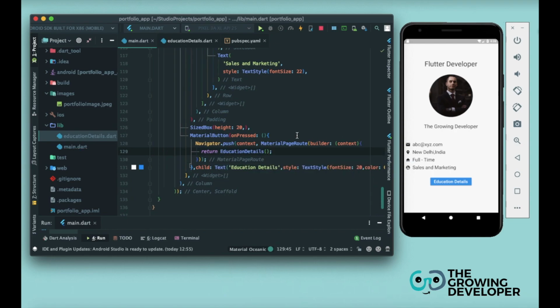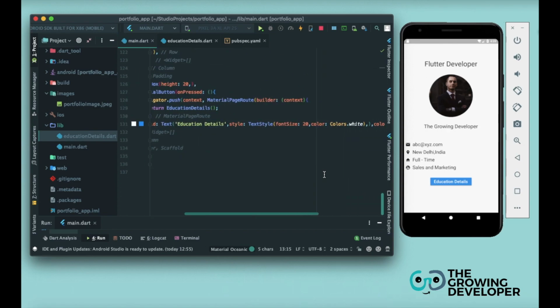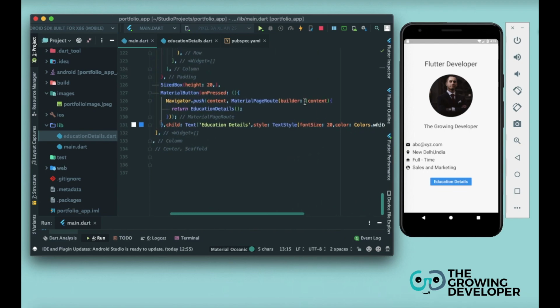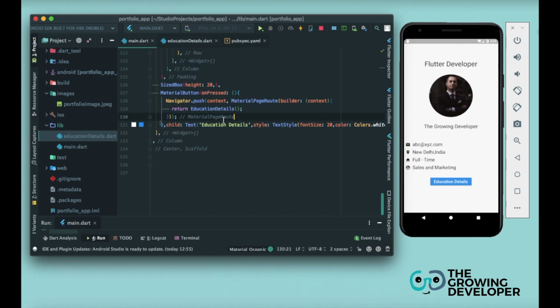Now you can see the similarity between this function and our build function. This build function is taking context as a parameter, and whatever is returned from this function can be seen on our screen. So what is this function doing? This function is also returning what we want to see on a screen when it is navigated, right? So we are returning education details. And what is education details? It is a class extending a stateless widget which is returning a scaffold and an app bar. So fine, let's just save it